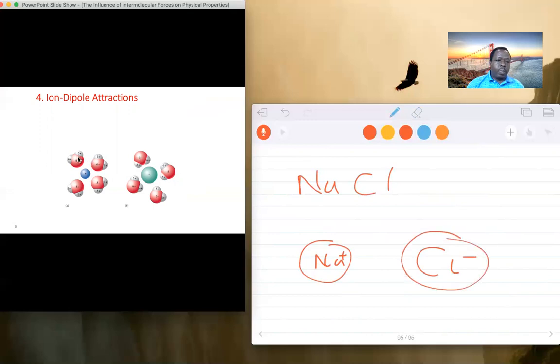The way molecules surround the ions, the force of attraction between these two is called the ion dipole. This is a dipole. This is an ion. So the type of attraction here, we call it dipole-ion force of attraction when an ionic compound is dissolved in H2O. Those are the 4 types of interaction you should be able to read,